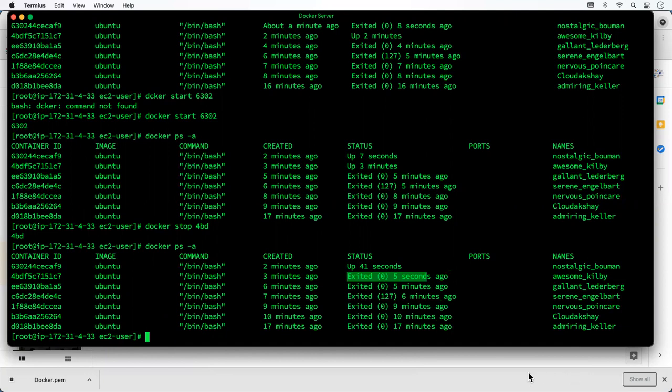And the next is to check the container IP. You can easily run docker container inspect and the container ID. I'm going to check my first container.